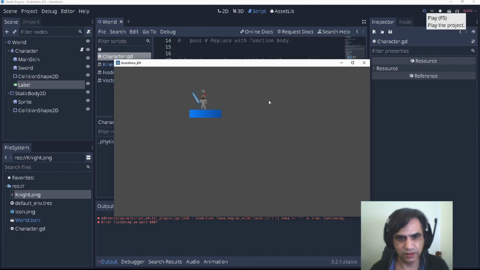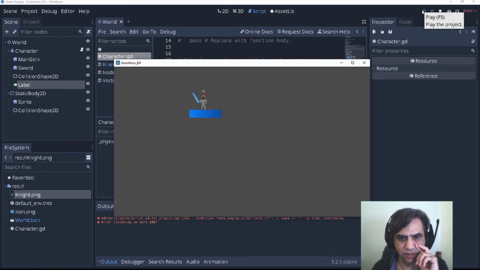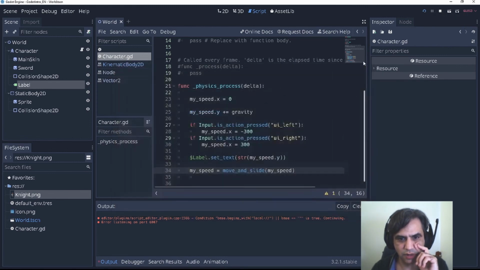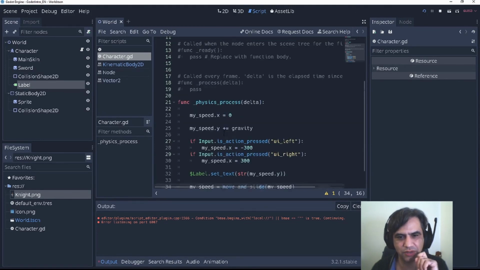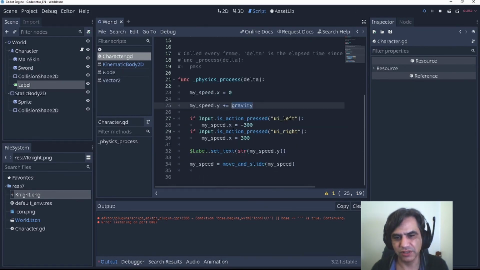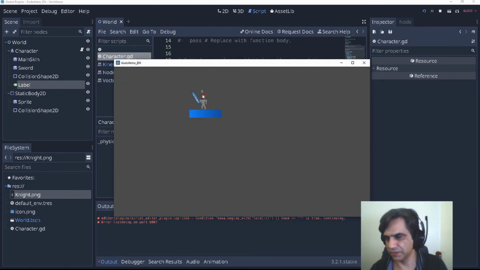And as you can see, my speed now is not like the value that we saw. It doesn't increase anymore. You have a speed, it increases, but when I collide, I don't understand why it has 10. Why does it have 10? I know why you have 10. Because you are adding the gravity in each cycle. So if I do this after the function, you will see 0. Yeah.